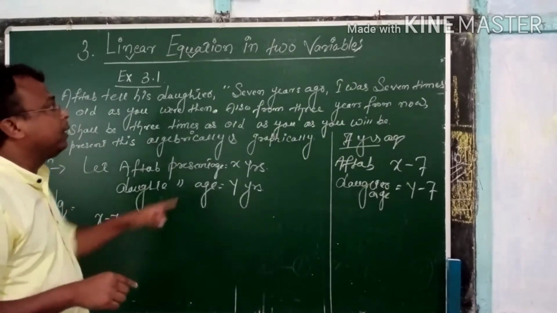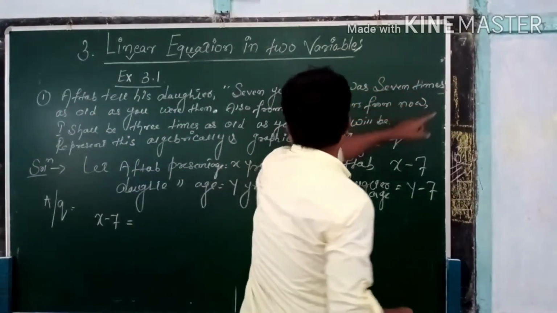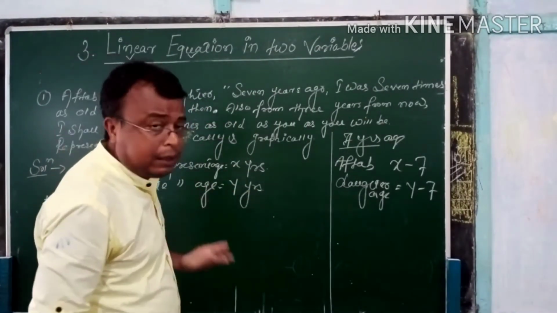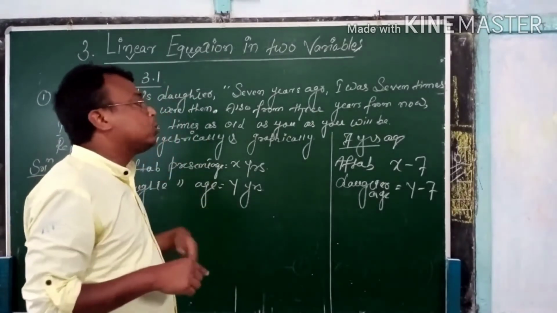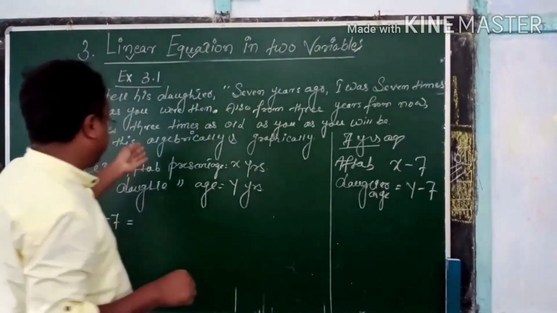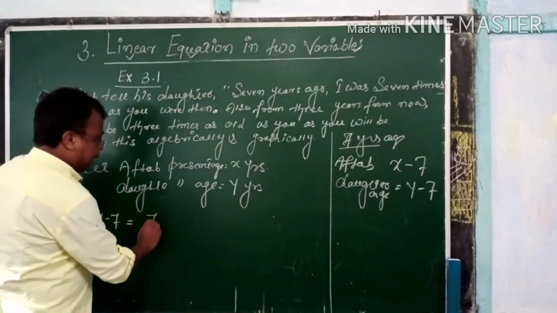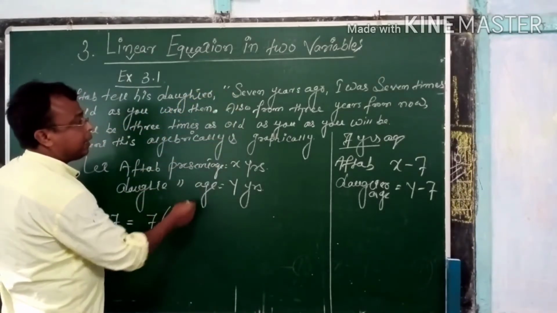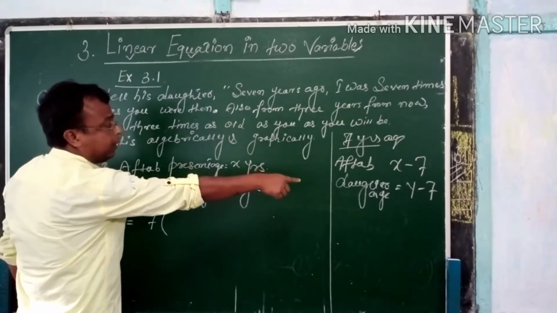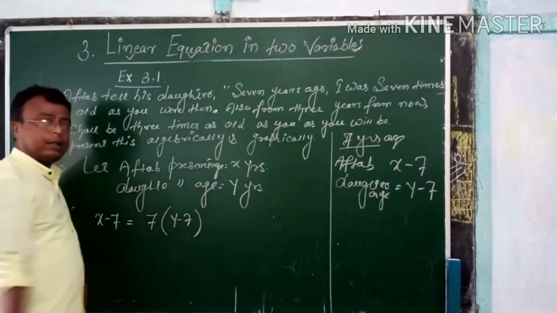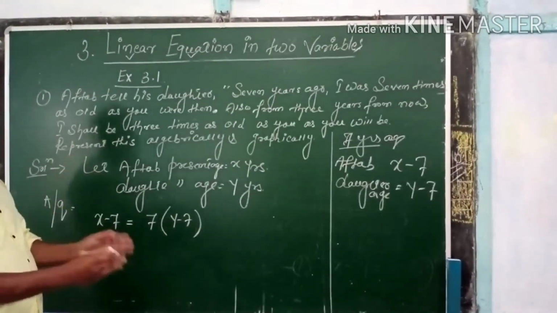I was 7 times as old as you were then. बेटी का जितना एज था 7 years पहले उसका 7 times. Times means into 7, the daughter's age 7 years ago, y minus 7. Okay, finish. Now you have to simplify and bring it into